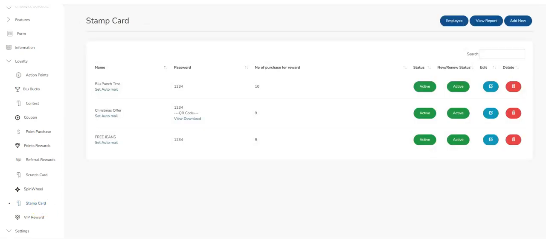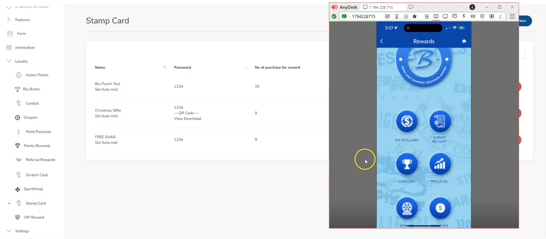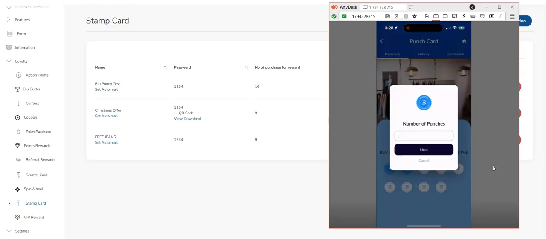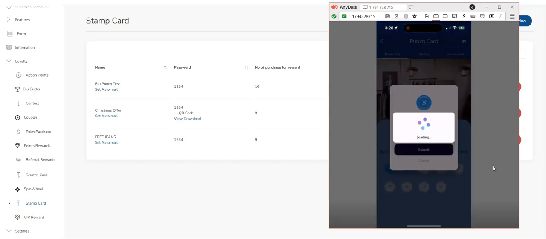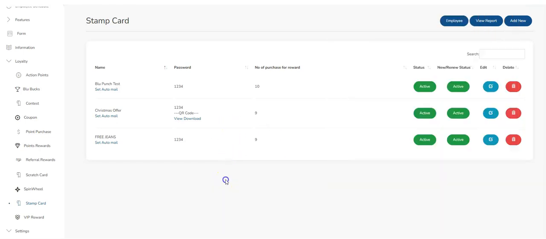Then I'm going to go back here and enter my own password, 812. And you can see I've got two stamps right now. When I click on one of the unpunched cards here, it comes up, I hit next. Now I've entered my code, 812, hit submit, and boom, my card is stamped. And when I come back here, if I go to report, and I select my name,